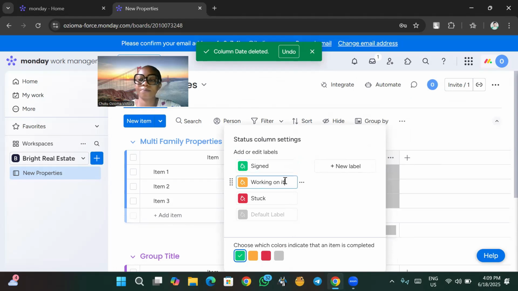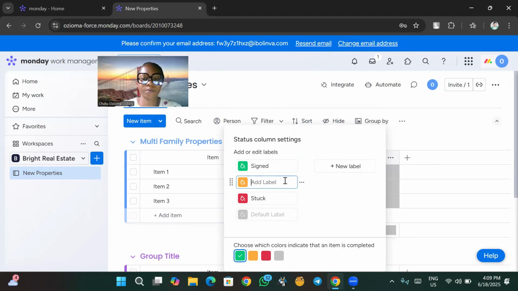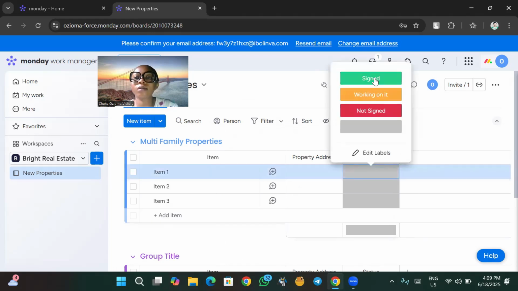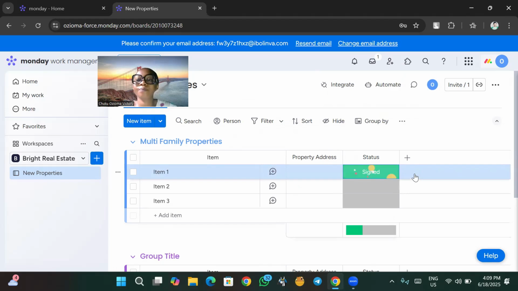Signed. Working on it. Not signed. Okay, you can change the status to the one you feel like. So let's add items to our board. So for the first one, let's say multi-family house